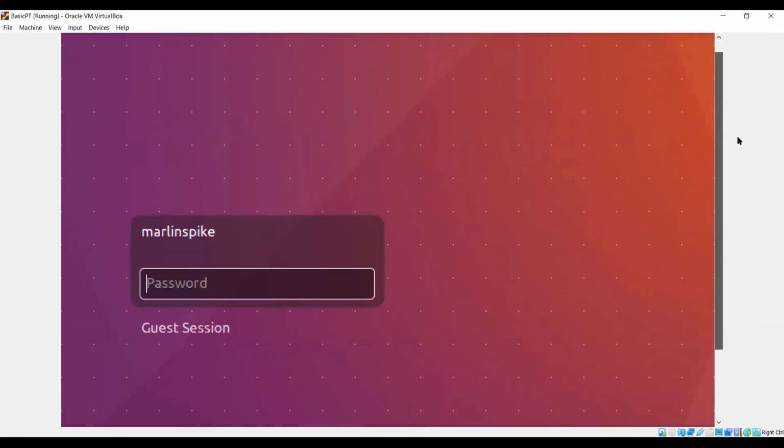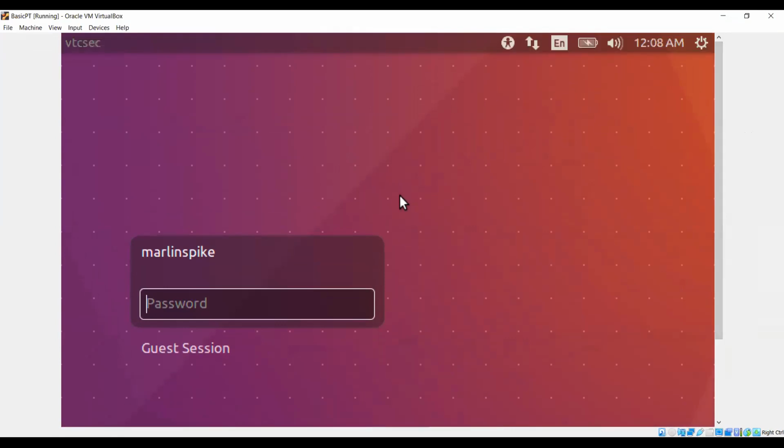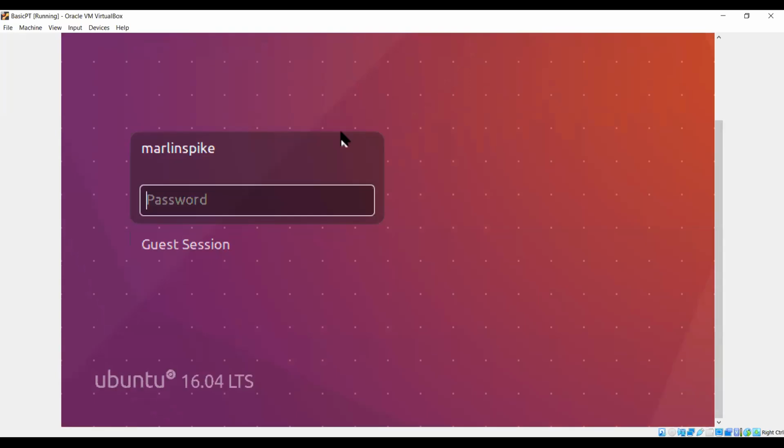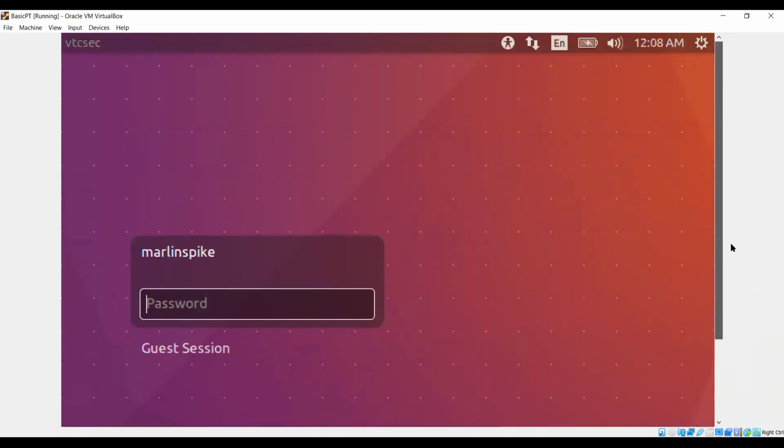If you reach this screen on your basic PT system, that means it's working fine. And currently, there's nothing for us to do on this system because we are trying to simulate the kind of situation where we are attacking a machine remotely. In that case, you won't directly have access to the system itself. So if you get this up and running, that means the machine is fine. Now I can move on to my other system and try to attack this system.